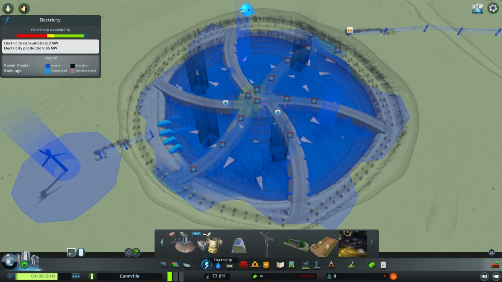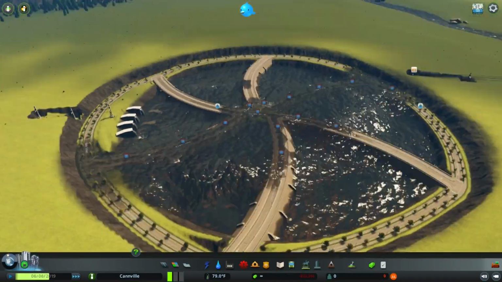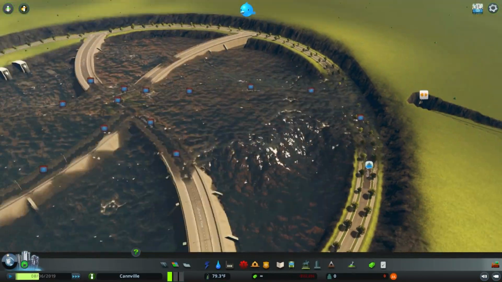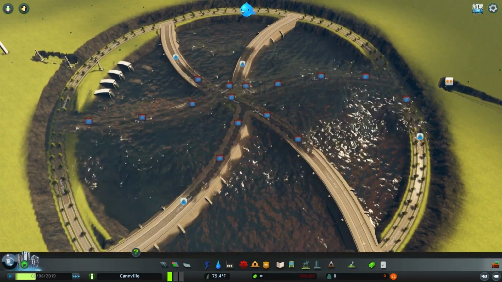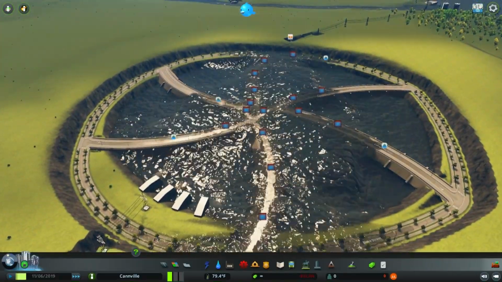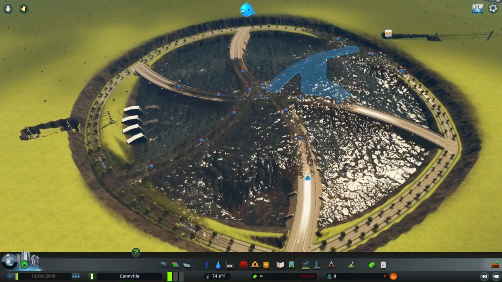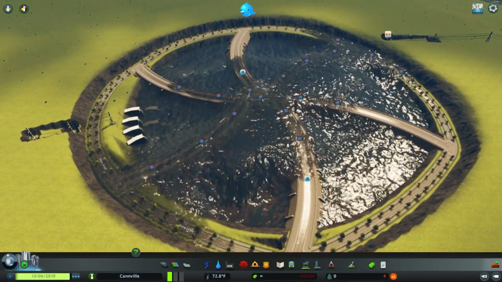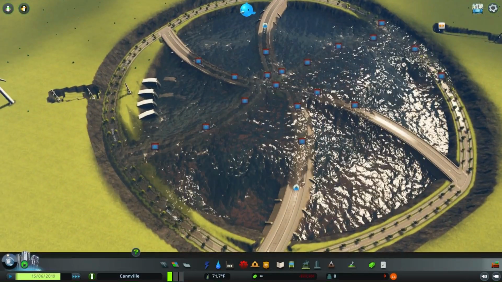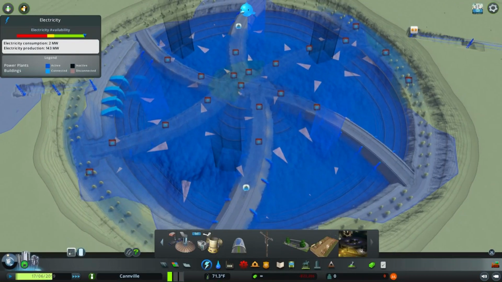Hold on, let me... Like, it is generating electricity, though. And see, now you can see why I built the walls up around it here, because otherwise all this water would just flow out all over the place. But from what I can tell, that is really bizarre looking, but it seems to be generating electricity. The water does evaporate in the game, but as long as I keep these pumping water in it, I should have unlimited power. At least from...